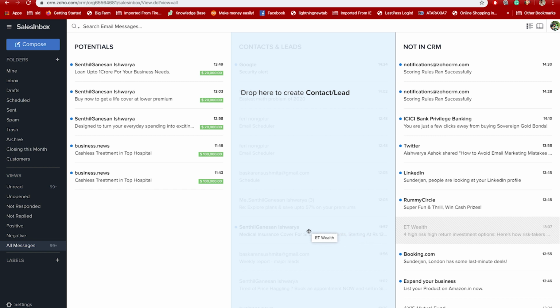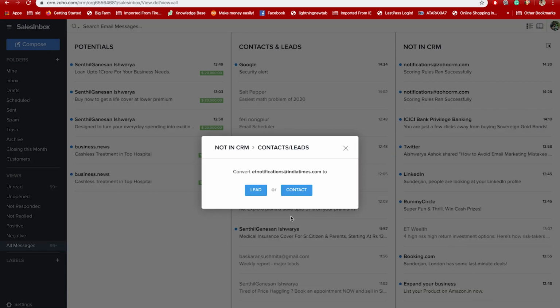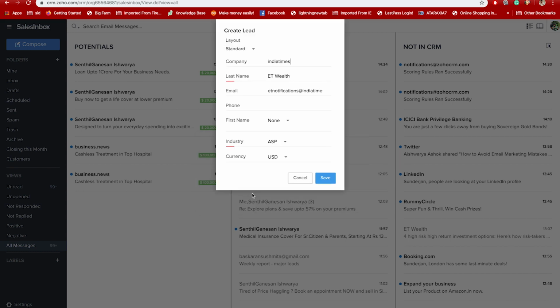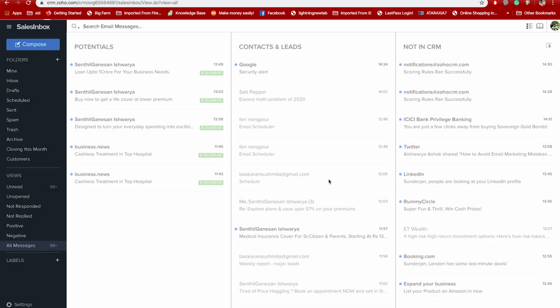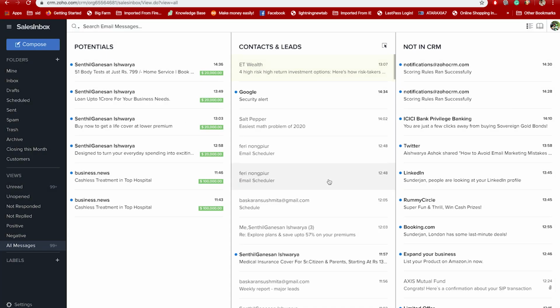Sales Inbox also has an easy drag and drop feature. Just drag it from one column to the other. I'm creating another lead over here. Adding my details. And I'm done.